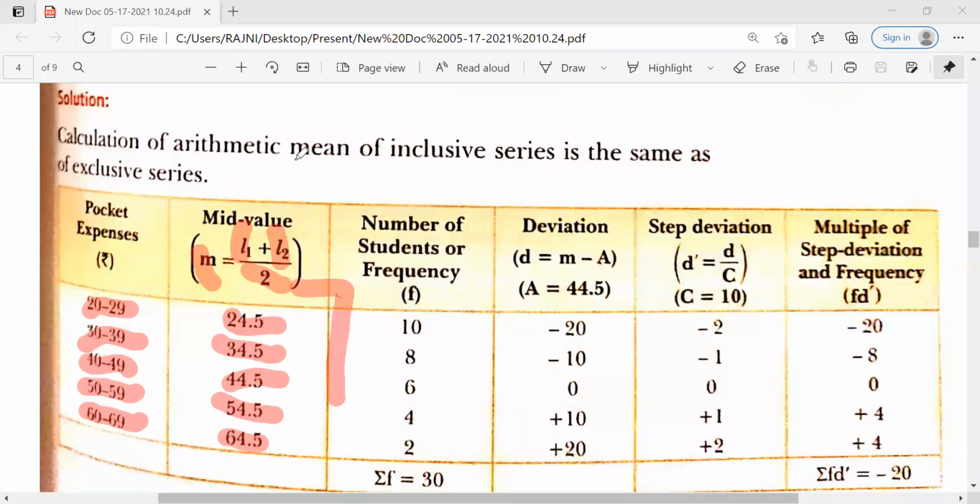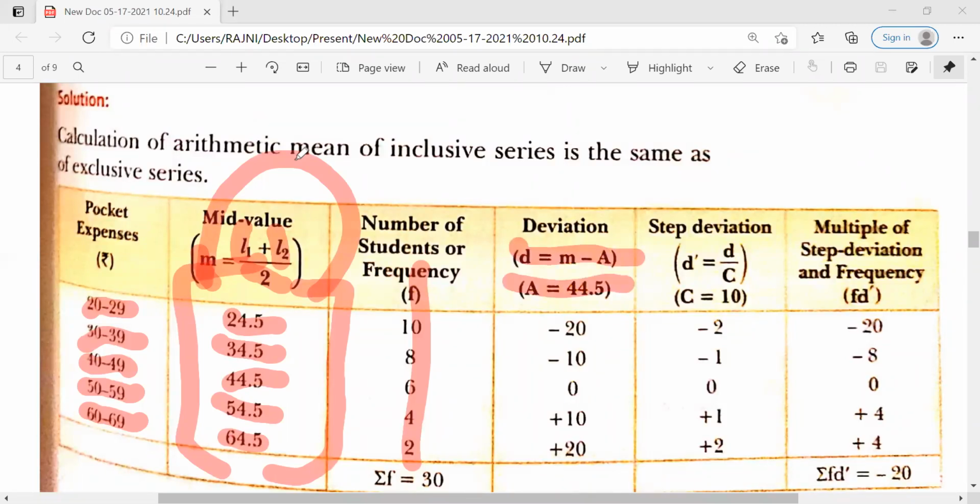Now what is the outcome? The outcome is in the form of mid values, and this is the frequency. The simple process will be followed. You can use any method, either the direct method, the assumed mean method, or the shortcut method, to calculate the arithmetic mean. Here we got our main thing, the mid value. Now they have adopted the step deviation method, in which deviations are calculated first. It means the assumed mean will be taken, the middle item taken as the assumed mean, then the deduction from the assumed mean.